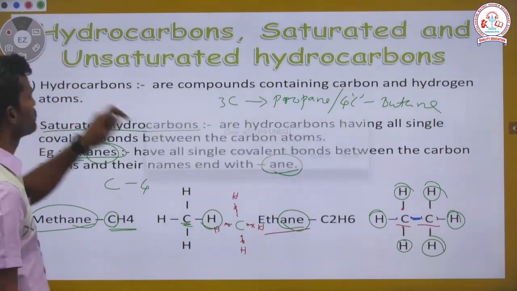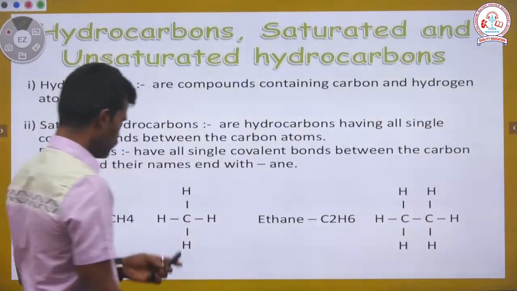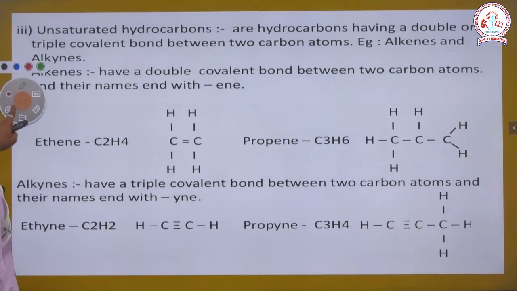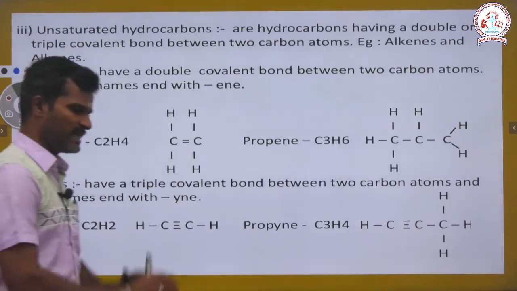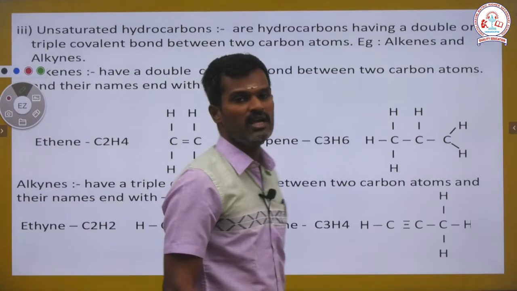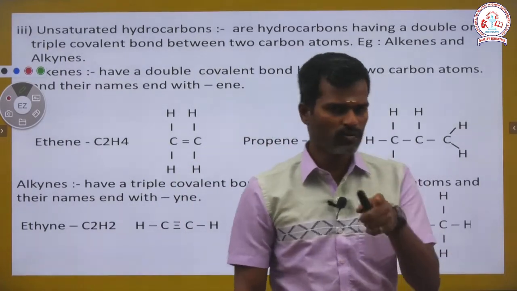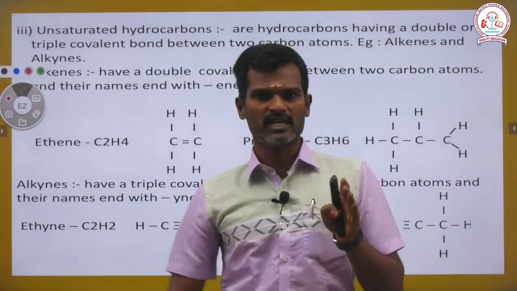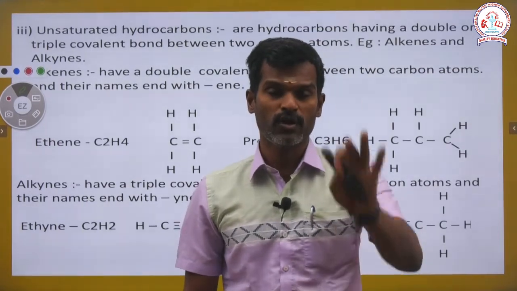And then next we want to see unsaturated hydrocarbon, right? Unsaturation is nothing but entirely opposite to saturation. Saturation means what we have to clarify? The carbon valency is fully satisfied with individual component of their own